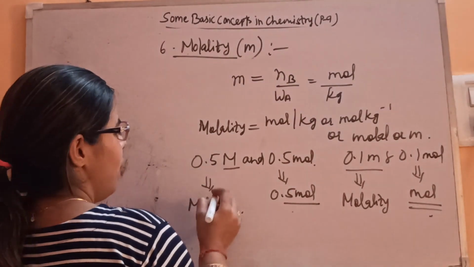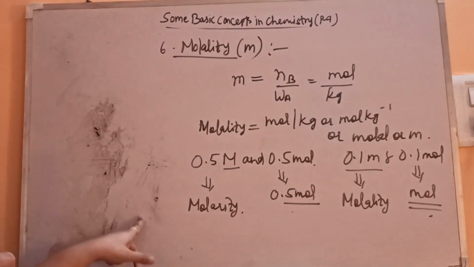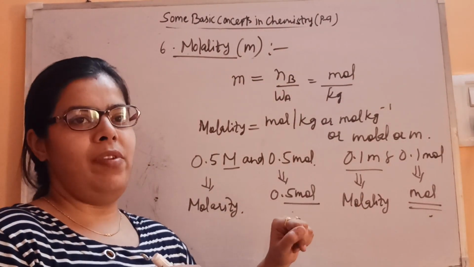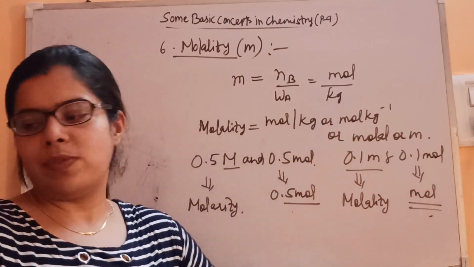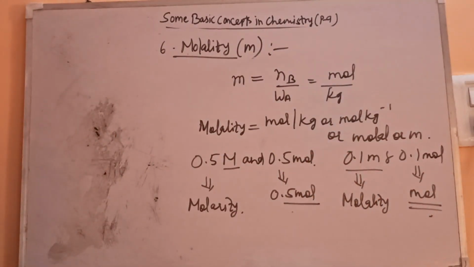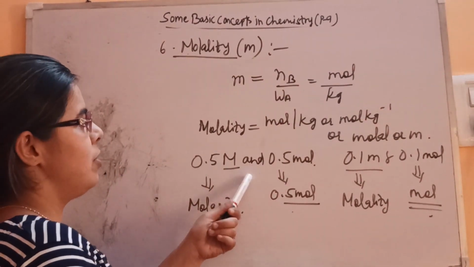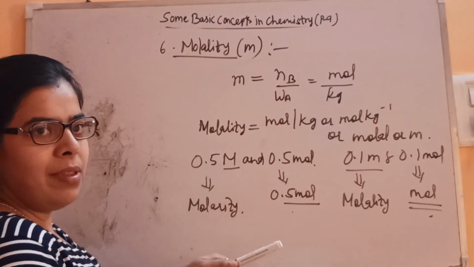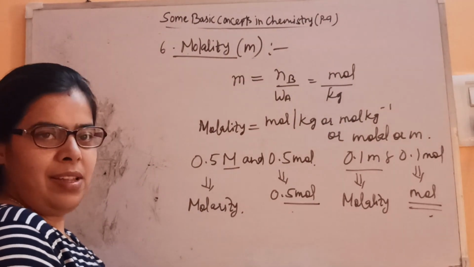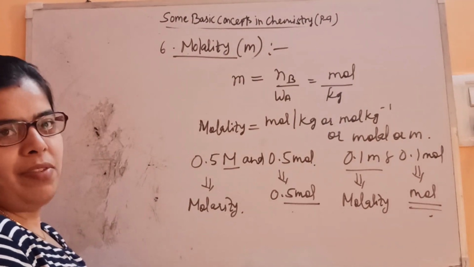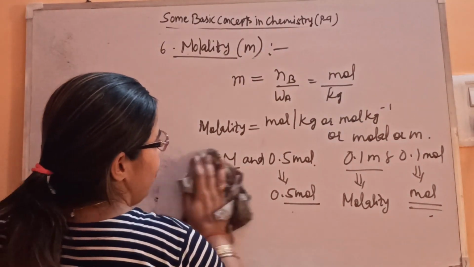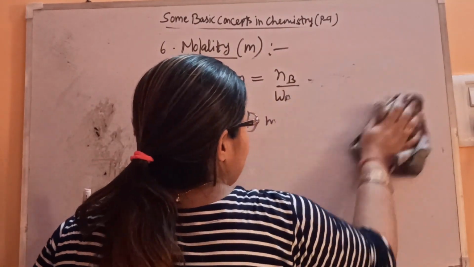Molarity is the number of moles per liter of solution, and molality is the number of moles per kg of the solvent. But here it is not with respect to something. It just simply represents the number of moles. So there is a difference between the two terms. Okay. Question is also there based on this: are these terms same? If no, then what's the difference? If yes, then what's the answer? Fine. So you have to explain accordingly. So let's see the next term.